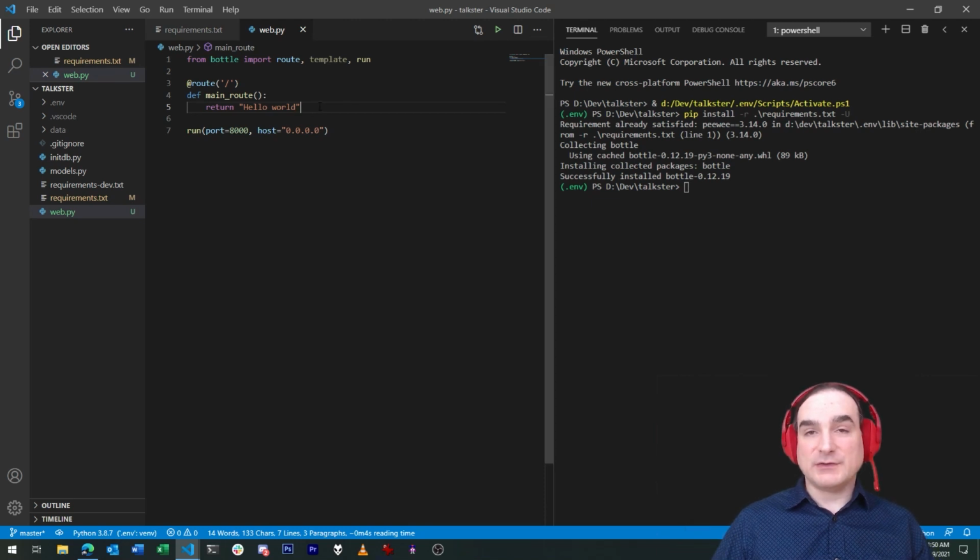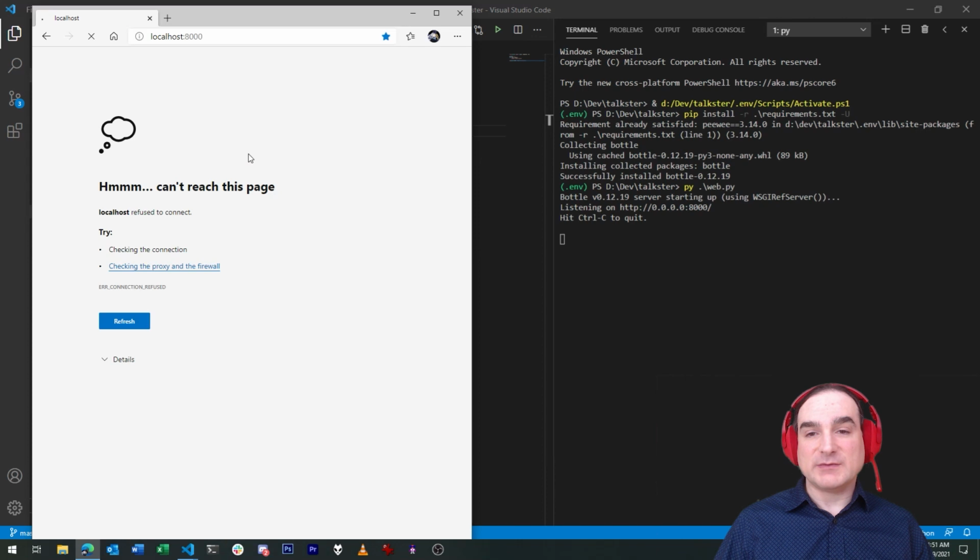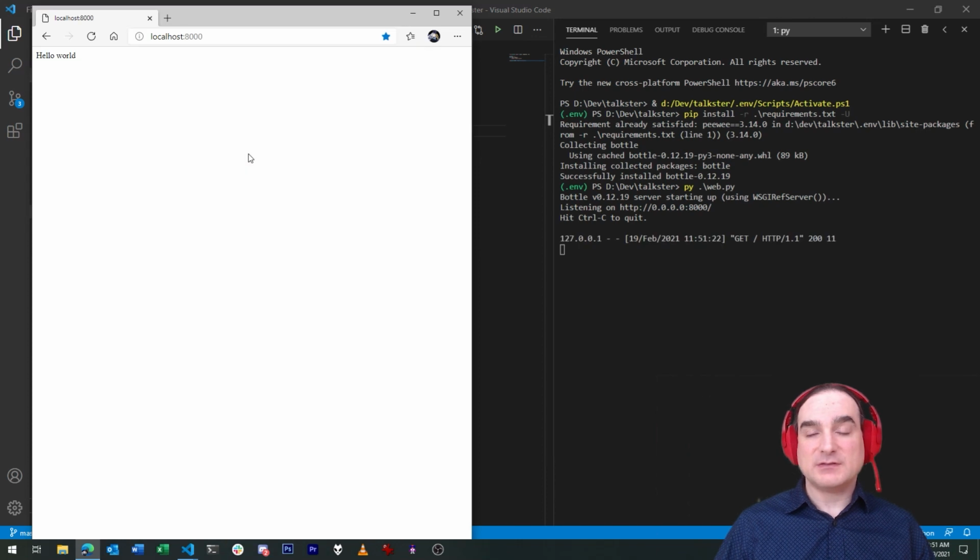Again, for now, we're just going to have a single route, the home page, with no variables taken in. All we do with this route right now is return hello world to the client, just to make sure the route's functional. The route's defined by way of a decorator, the route decorator, which wraps the function we want to associate with a particular route. The run command starts up the web framework and sets it listening for connections on the port and the address we provide. An address of all zeros means we're listening for connections incoming from every client, not just the localhost. So when we run this and we navigate to localhost port 8000, we see hello world.